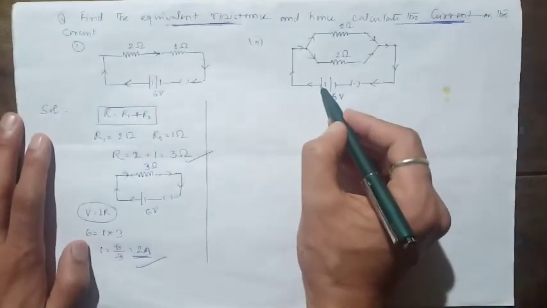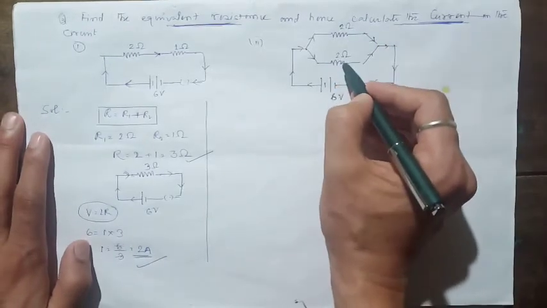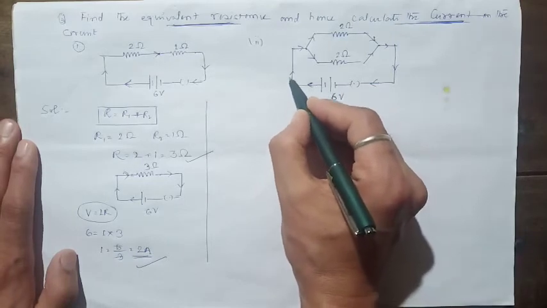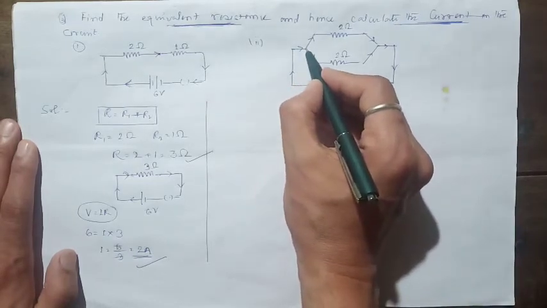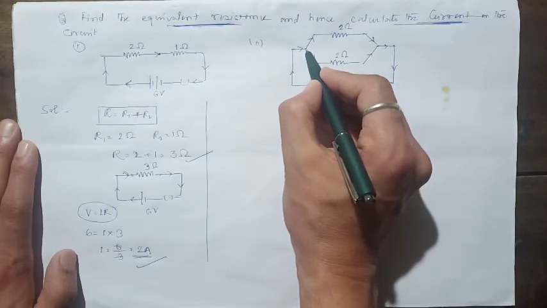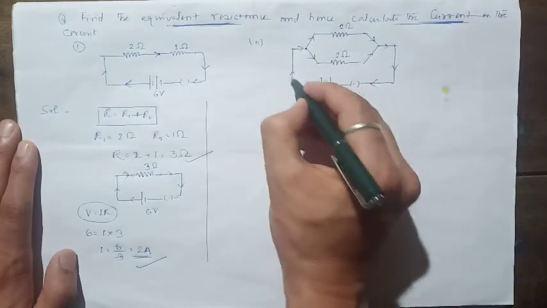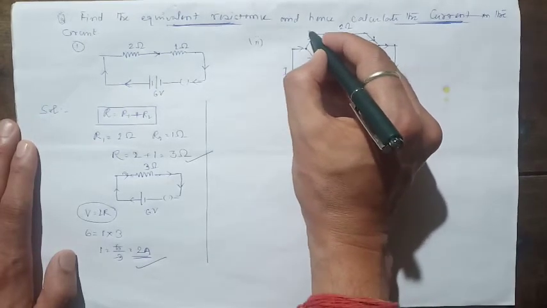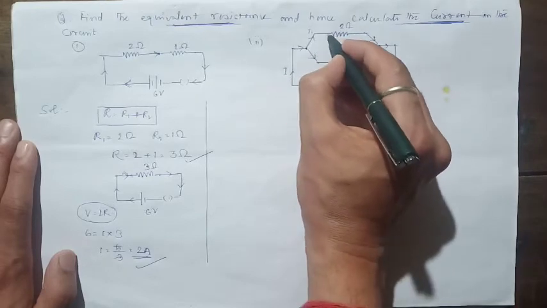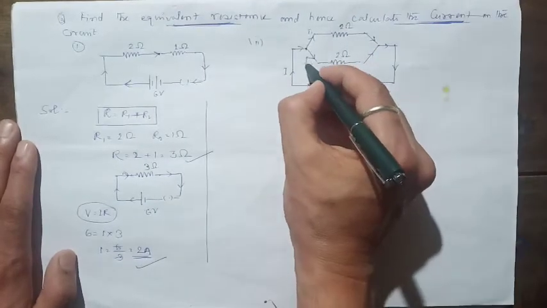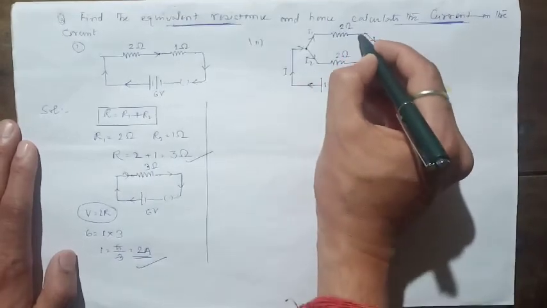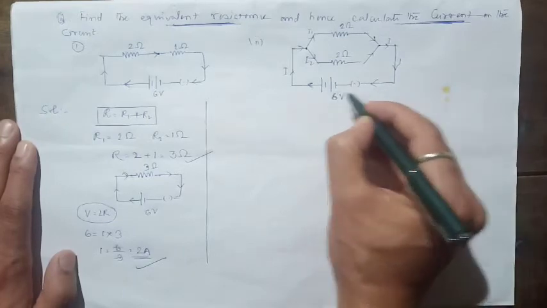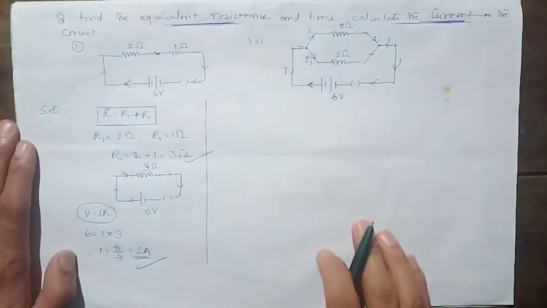Now students, to identify whether the resistors are in series or in parallel, again consider that the battery has released a certain amount of current. The current is flowing. The moment current reaches this point, the current divides. Let's say the battery has released I current. This I current flows, and at this point the current gets divided. Let's say I1 amount of current is flowing through this arm of the resistor, and I2 amount of current is flowing through this arm. And again these two currents combine at this point and make the total current I. And this is how the current enters the negative terminal of the battery.